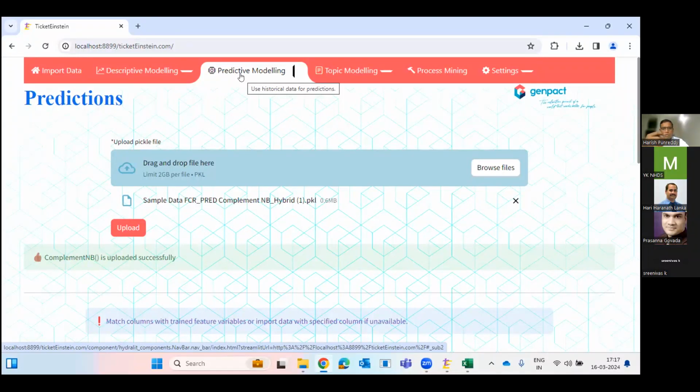Getting into the service now, we are trying to do the prediction, which will help us determine whether a particular ticket is likely to end up at a bridge call, yes or no. Then based on that, we try to take some corrective action so as to avoid that bridge call.